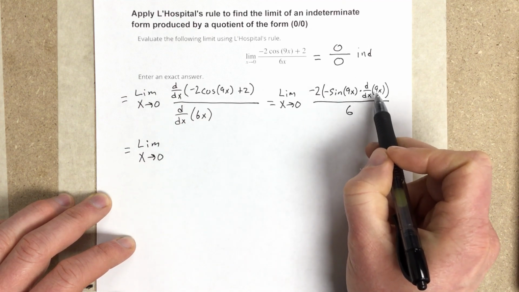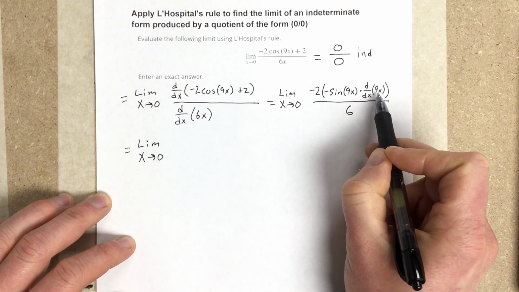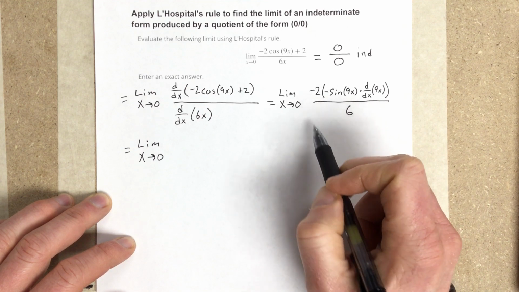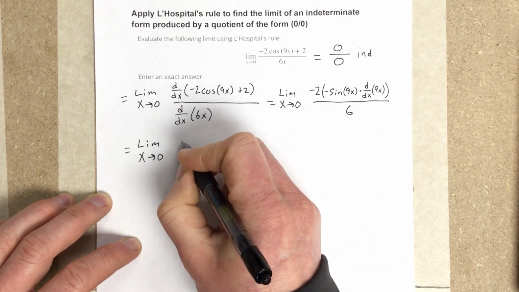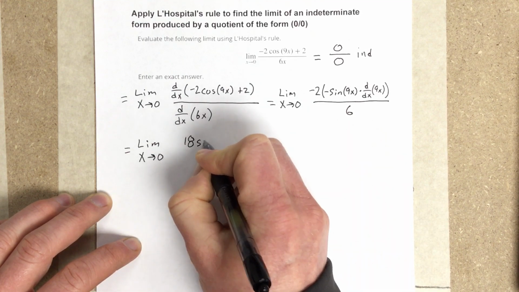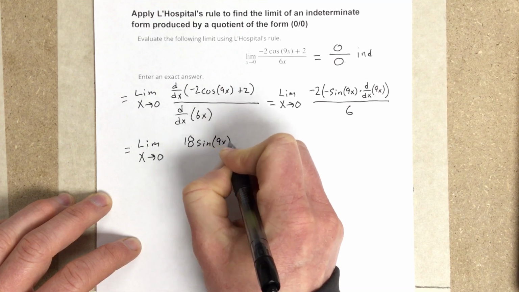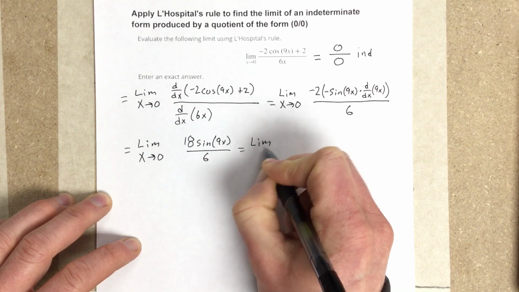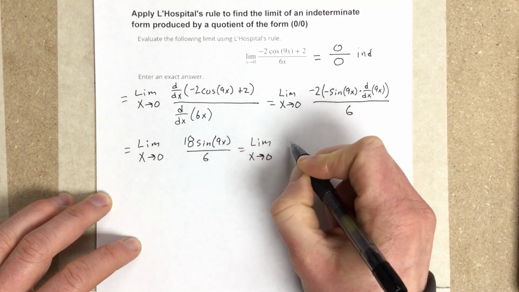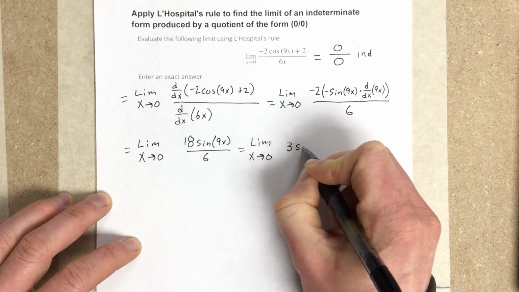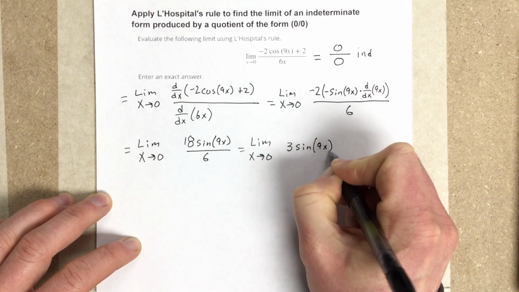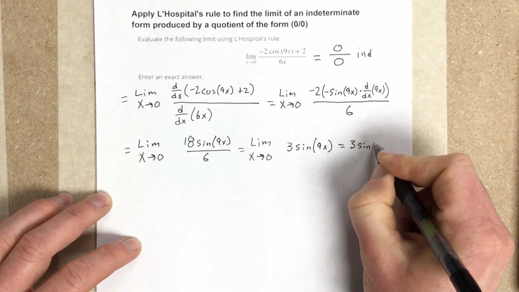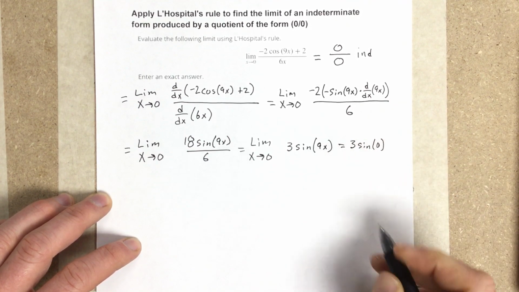Derivative of 9x would be 9. So I'm going to multiply that to the front, and the negative sign times the negative 2 will be positive. So I end up with 18 sine 9x over 6, which we can reduce to just 3 sine 9x. I plug 0 into this. I get 3 sine of 0. Sine of 0 is 0, so I end up with